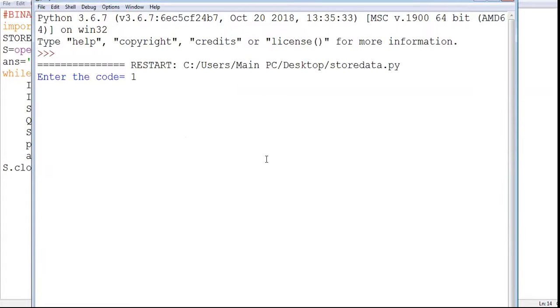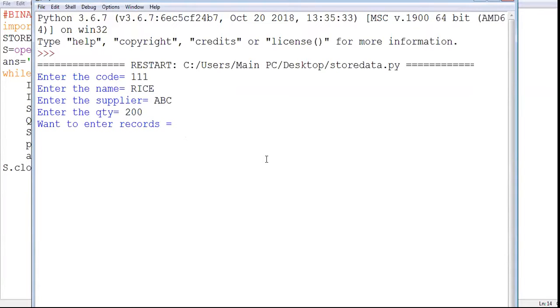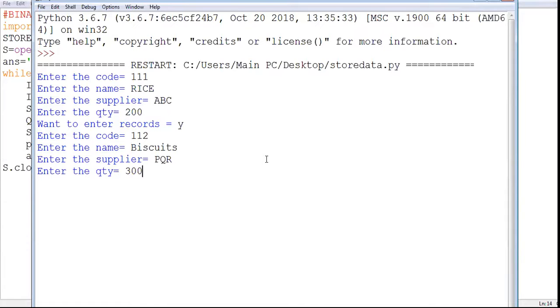Enter the code 111. Enter the item name rice, supplier name ABC, quantity 200. Want to enter more records? Yes. Enter code 112. Enter item name biscuits, supplier PQR, quantity 300.